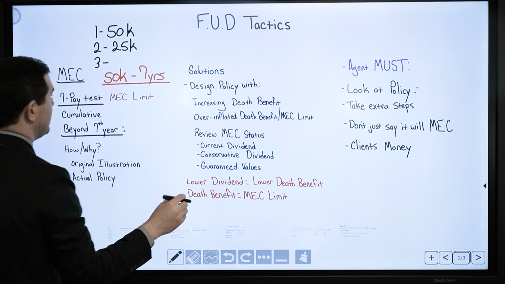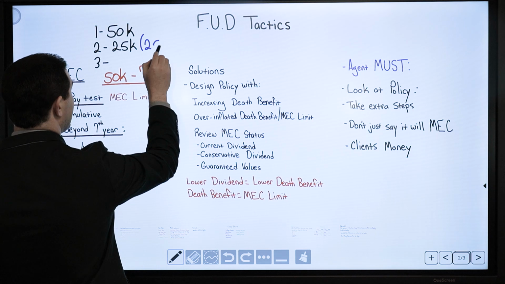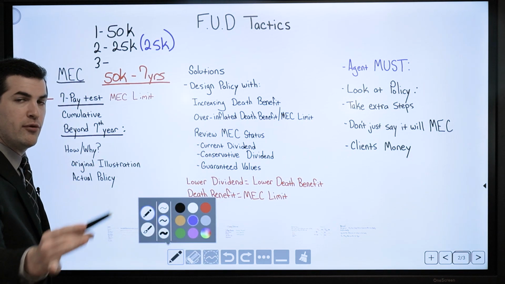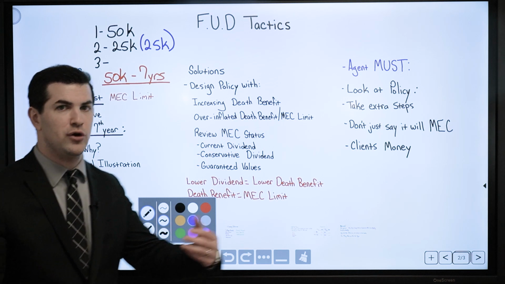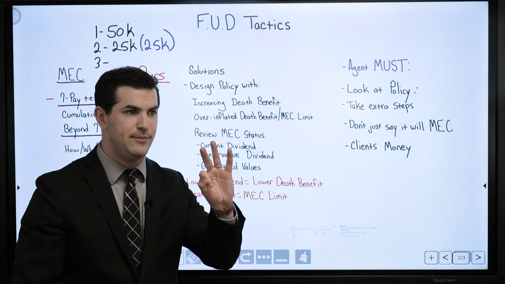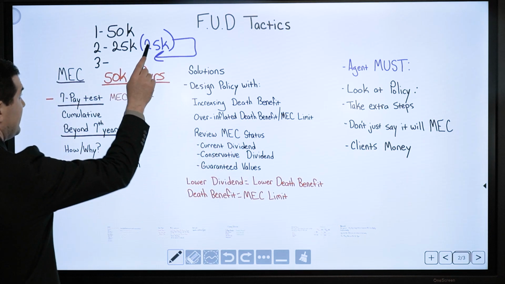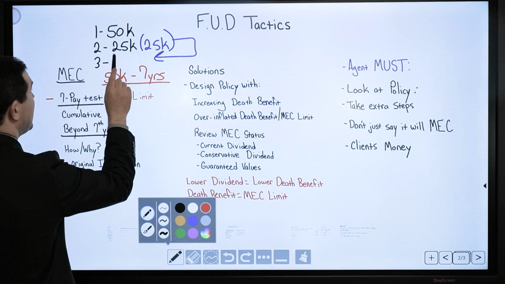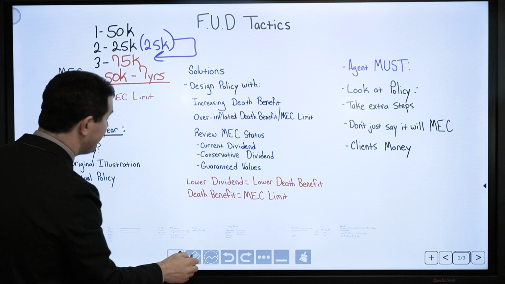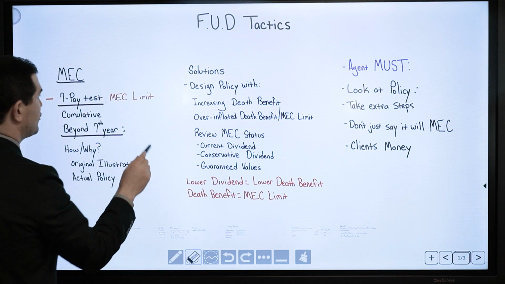What that means, year 2, I could have paid in an additional $25K, but I did not. That will roll over to the next year. So again, I could have paid it in, but I didn't. The next year, year 3, my policy MEC limit resets at $50K. That rolls over, so it's technically $50K plus $25K, so I can make a total payment of $75,000. That is per the IRS limitations, my actual MEC limit.